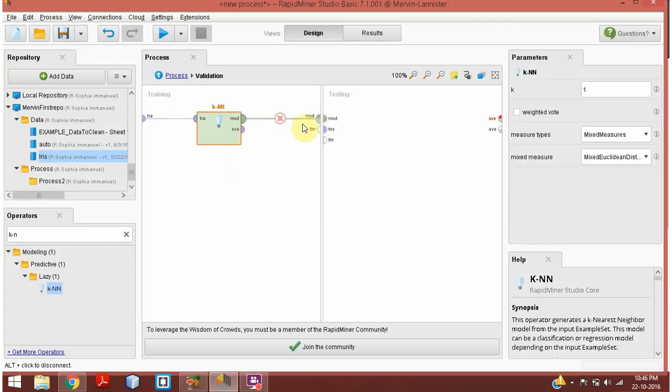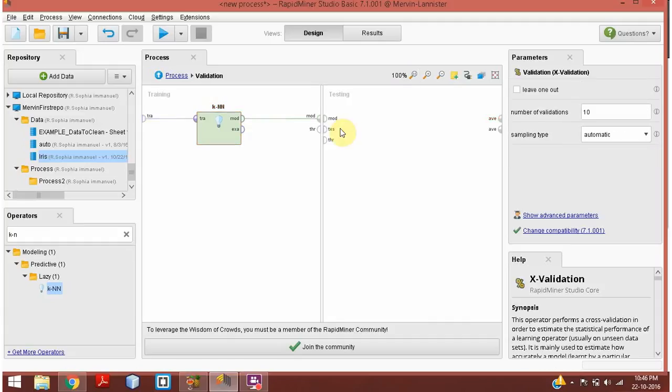So the parameter to the KNN is K, which you can give any custom value to. So let me give 3 over here. So now let us move to the testing space. So moving to the testing space,